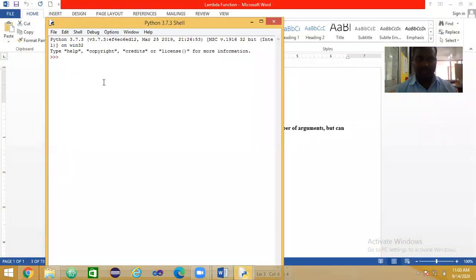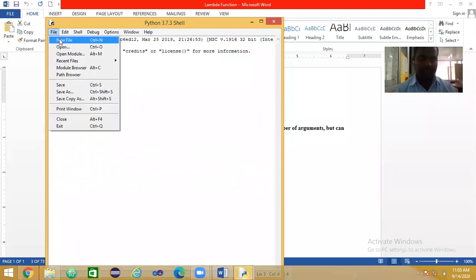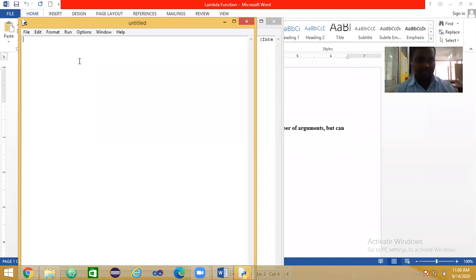Okay, this is the Python shell. Then you open the file from this editor.